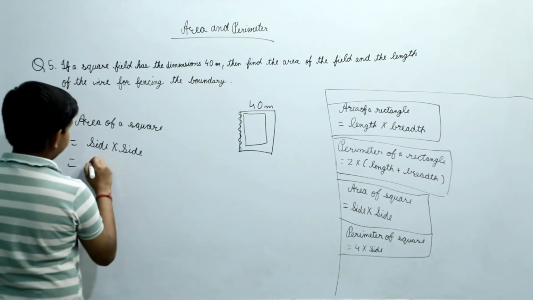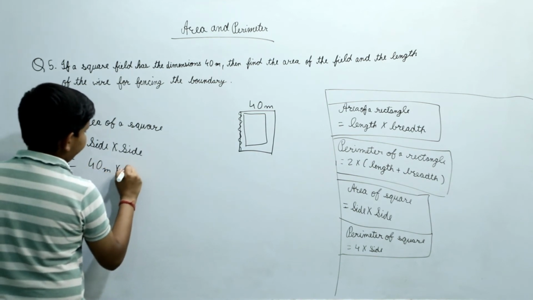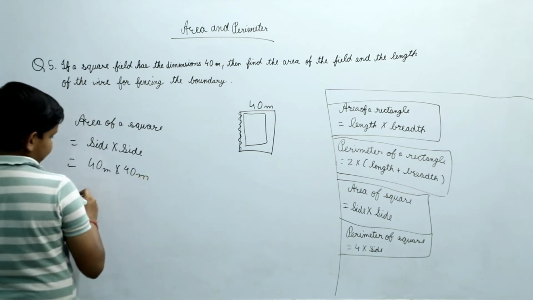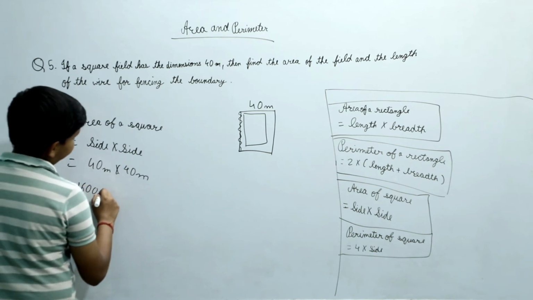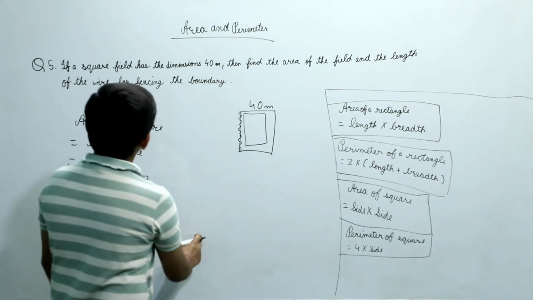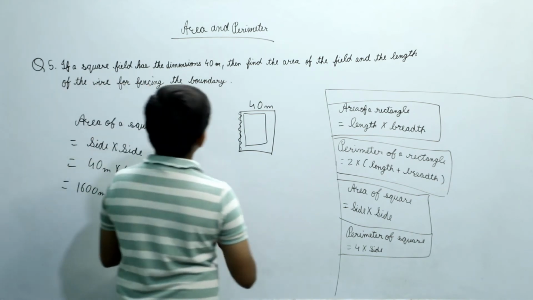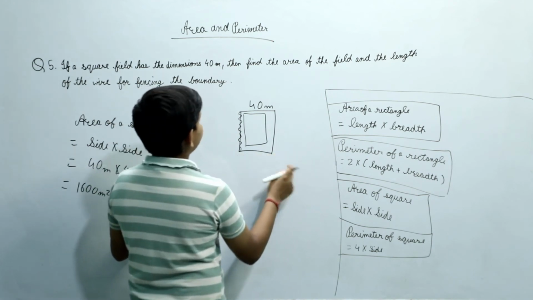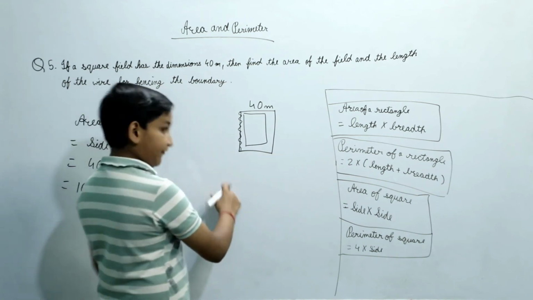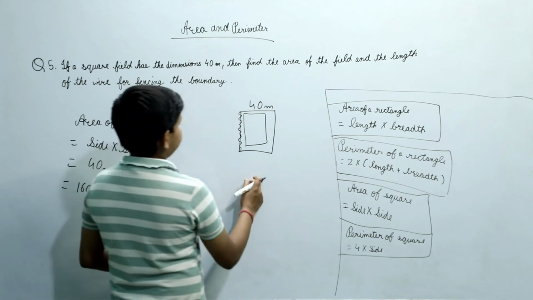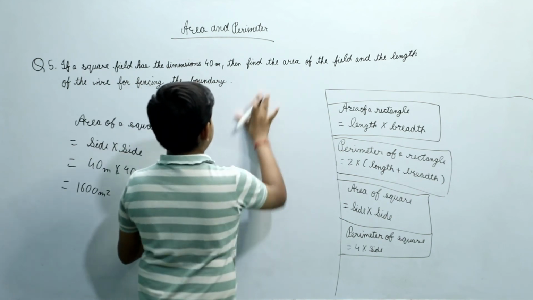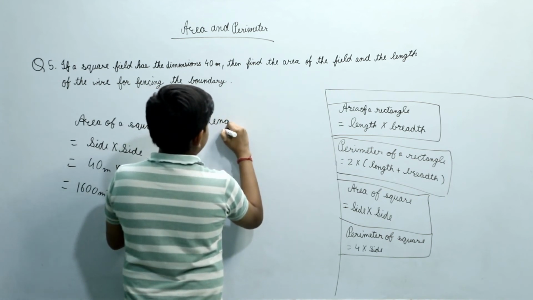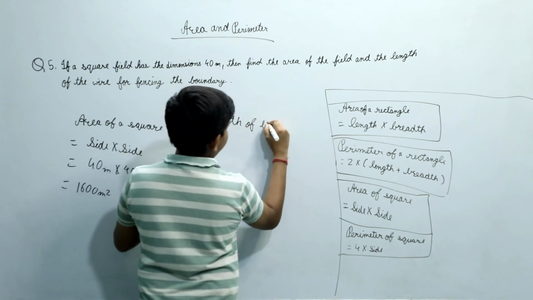We will rewrite it as 40 meters into 40 meters equals 40 into 40, which is equal to 1600 meters square. Now we will find the length of the wire. Because wires are put on the boundaries of the field, we will find the perimeter of the square field, because perimeter is equal to the boundary. I will erase the square. Now to find the length of the wire,